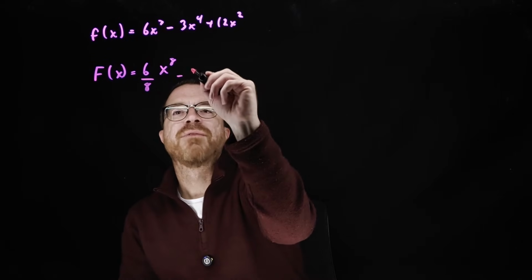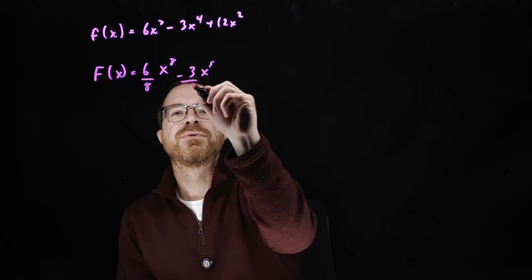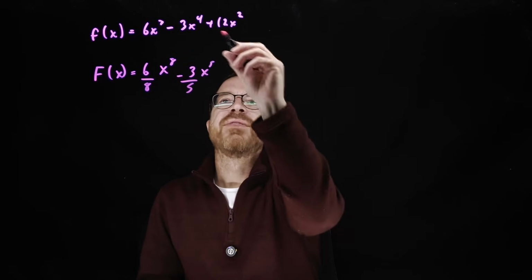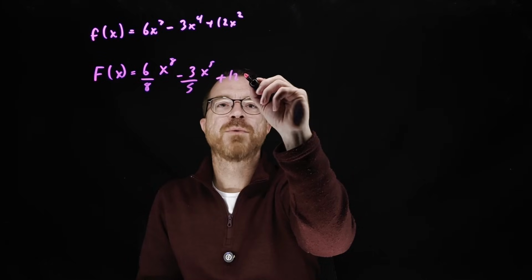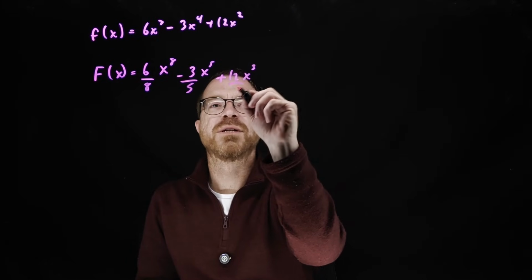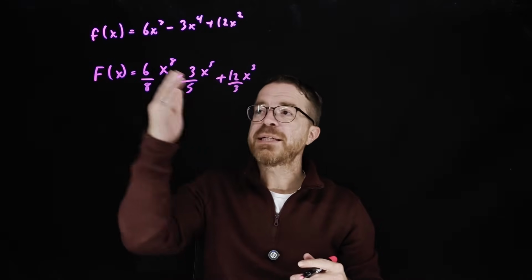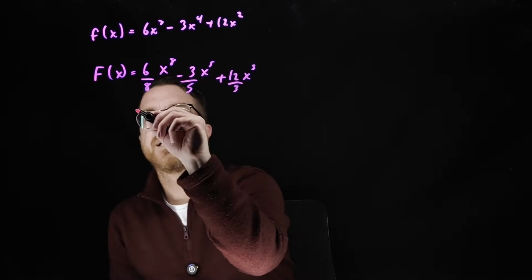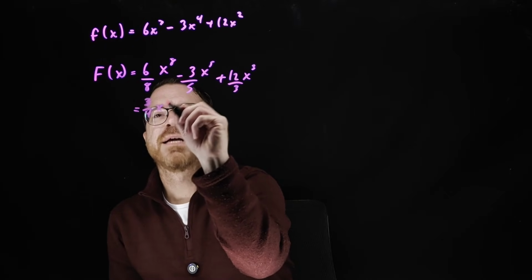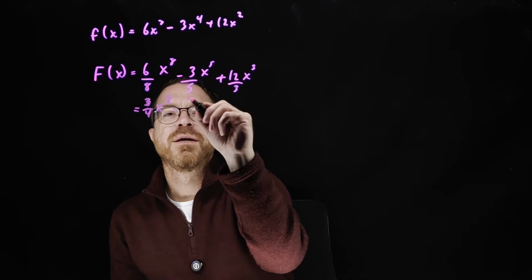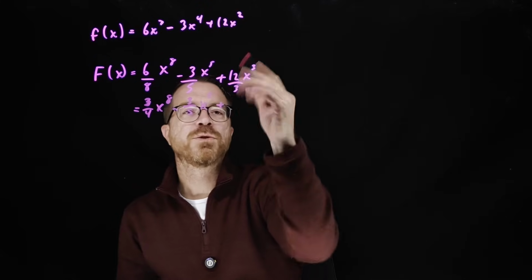For the next one, we're going to have our minus 3. This x to the 4th becomes x to the 5th, and we're going to divide by 5. And then our last one, we have the plus 12. This x squared is going to become x cubed, and then we're going to divide by 3. Now we just need to clean this up. We have 6 over 8, which is the same thing as 3/4 x to the 8th power minus 3/5 x to the 5th power plus 12 divided by 3 is going to